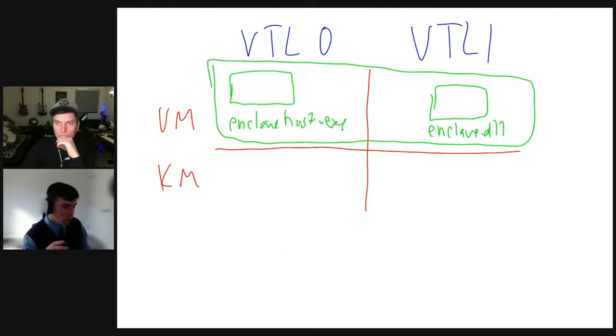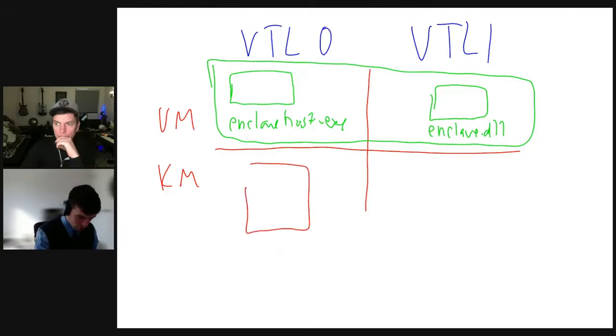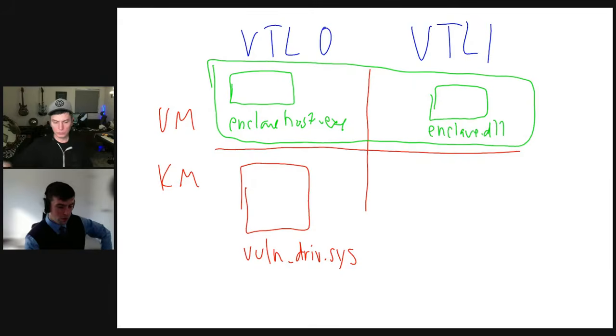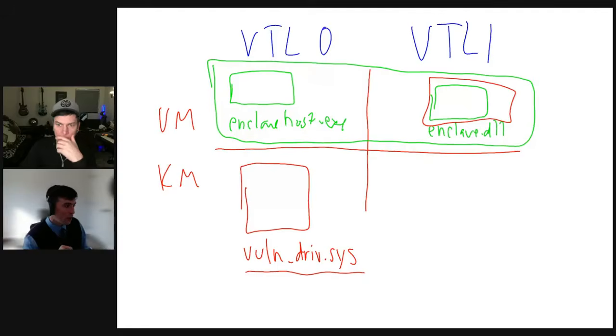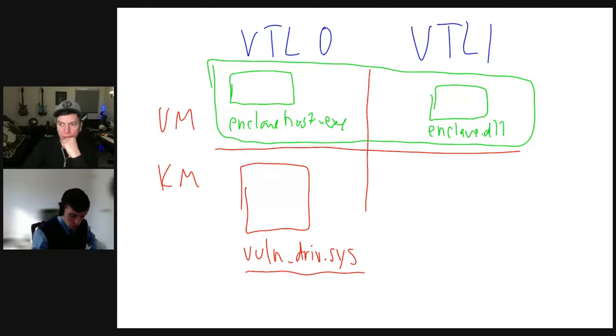So what's really cool about this is, let's say I have driver vulndrive.sys. This is in kernel mode of VTL0. Who thinks that vulndrive.sys can directly access memory of enclave.dll? Probably some people think you can because kernel mode and user mode, but we can't because they're in separate VTLs. So even an attacker with kernel mode privileges in VTL0 cannot compromise the integrity of this enclave in terms of manipulating its memory directly and all of that good stuff. So what happens is there's also something called enclave calls,